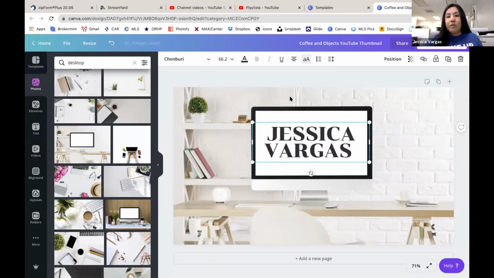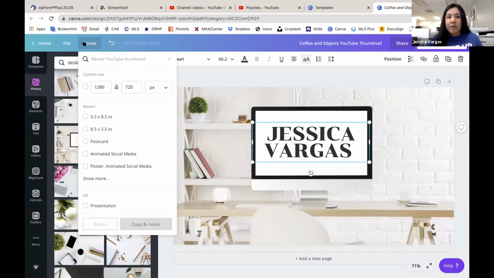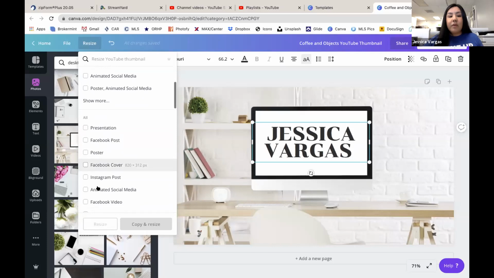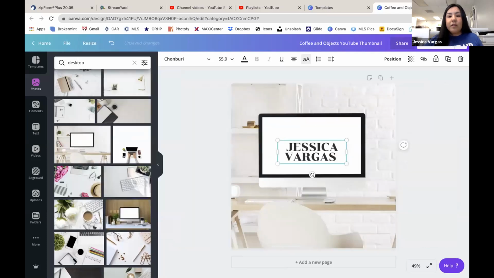So you don't have to do anything. And say you like this post, but you want to do it on an Instagram post instead. They have a resize feature for you, and they already have the measurements for you. So you click Instagram post, and you just resize it, and it's done for you.